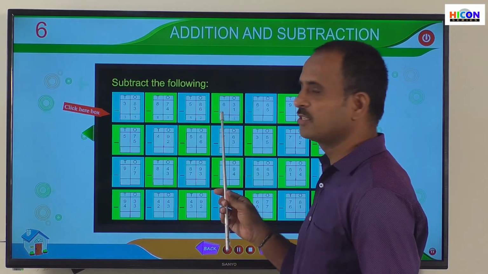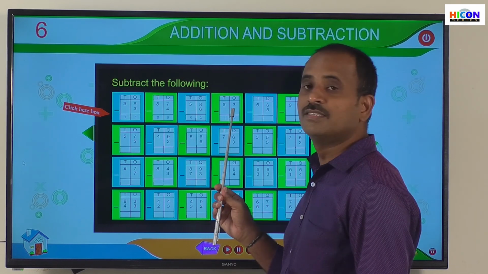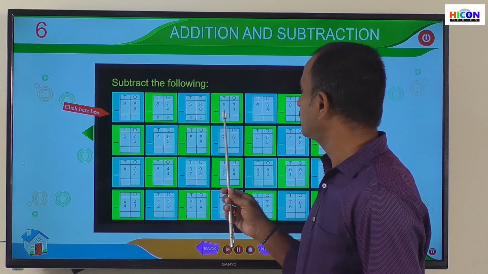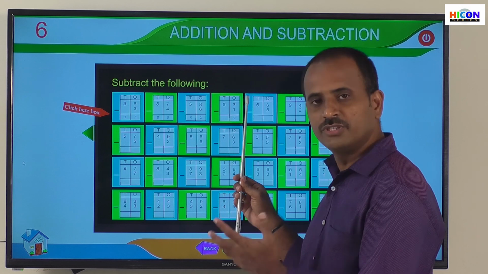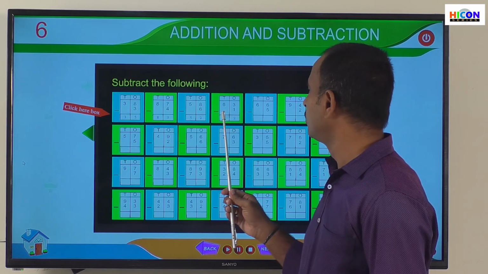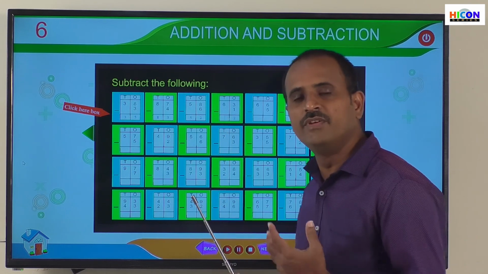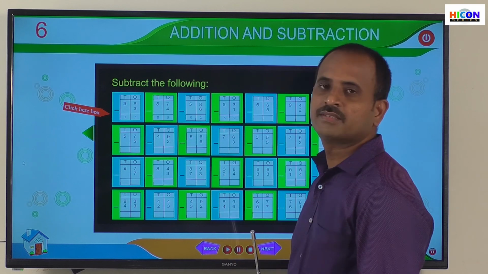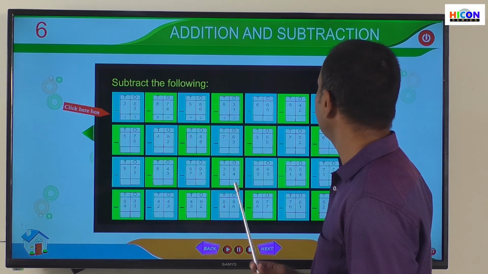So next go to tens place and subtract the digits present in the tens place. What are the digits in the tens place? 6 and 0. So here in the second number, there are no tens. No tens means there are 0 tens. And subtract 0 from 6. If you subtract 0 from 6, again we will get 6. So write 6 under tens place. The answer is 62. So go to the next problem.